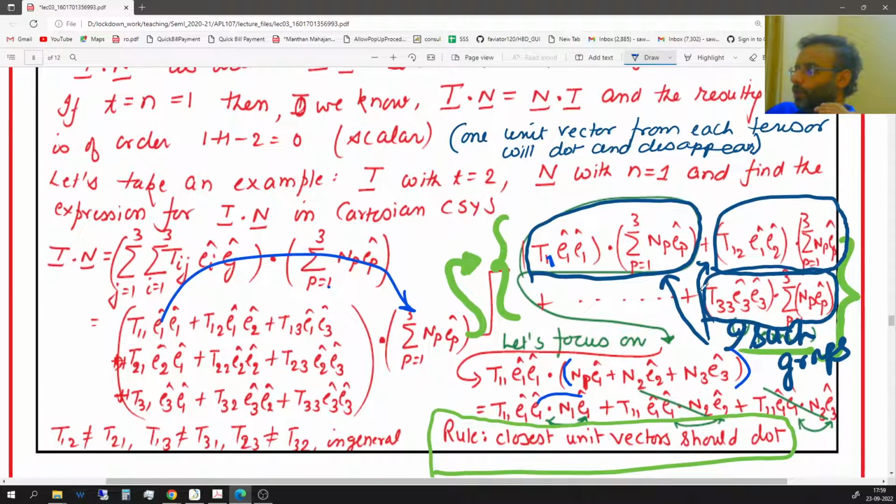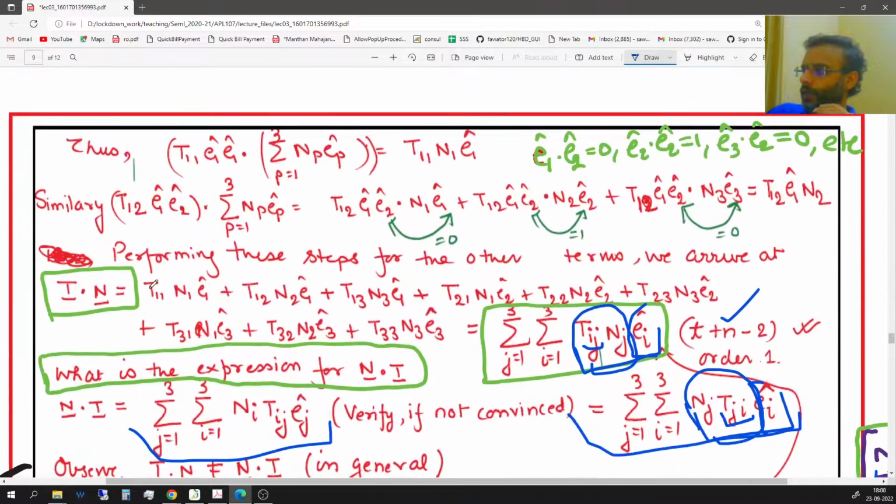Similarly, if I go to T12, E1, E2, this dot product, where the cursor is, and if I want to expand that, I get T12, E1, E2 dotting with NP-EP, and that will have potentially three terms which have been written here, N1, E1, N2, E2, and N3, E3. But then again, only one of these three terms will survive, and this time the survivor will be the term